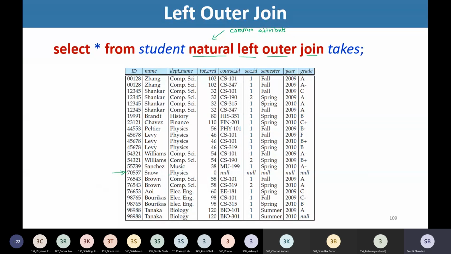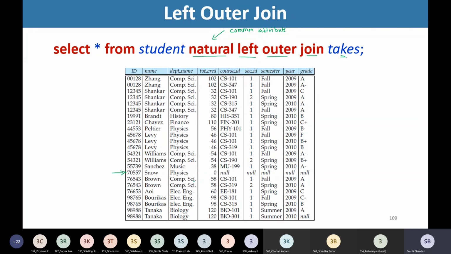But now that we have used this left outer join clause, the tuple from the left hand side relation is preserved.